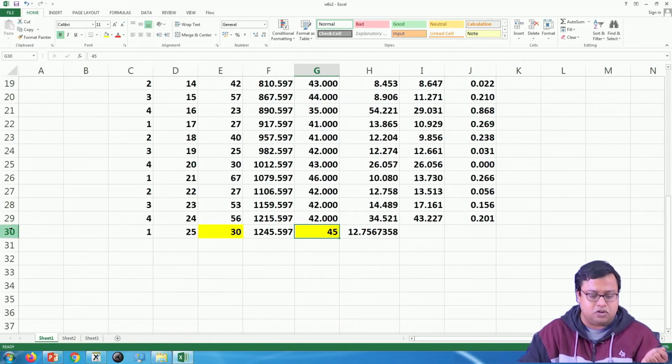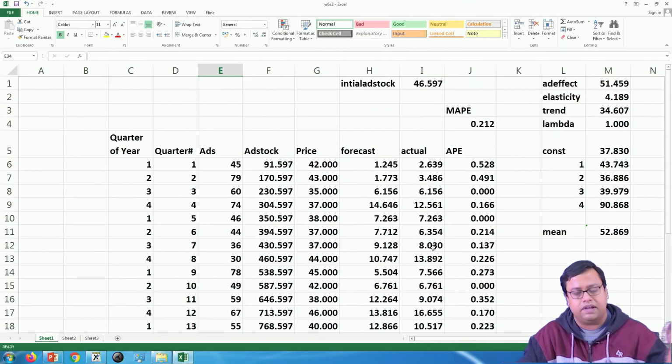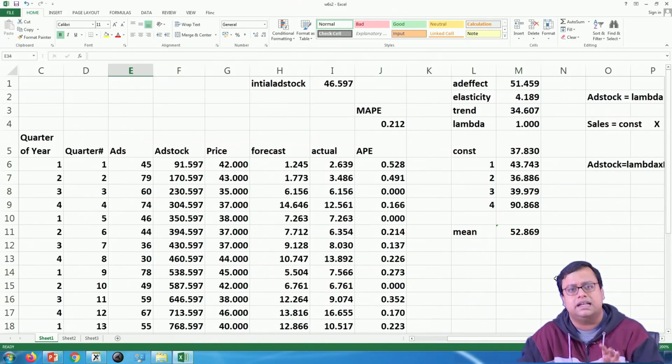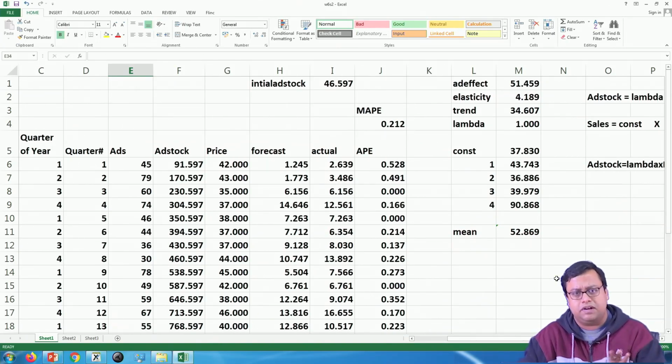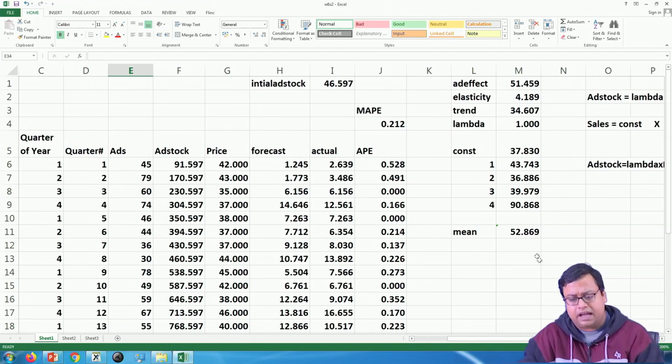So, all I am trying to do here, in comparison to the previous Excel, previous video or previous session, is that we have created a functional formula which is a little bit difficult to estimate, which is bigger than the previous one, where the non-linearity components were also included in the model, and based on that we are trying to predict how much will be this thing. And lambda, right now I am getting 1.